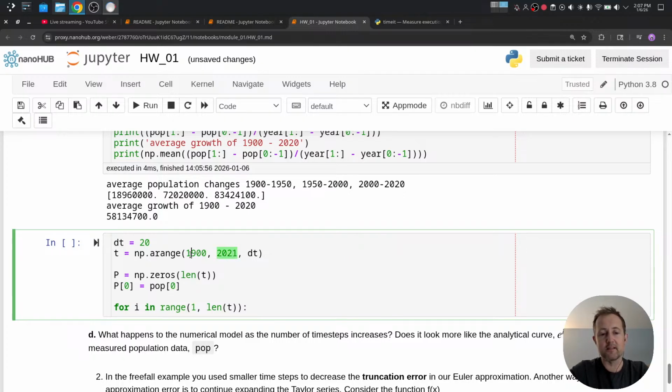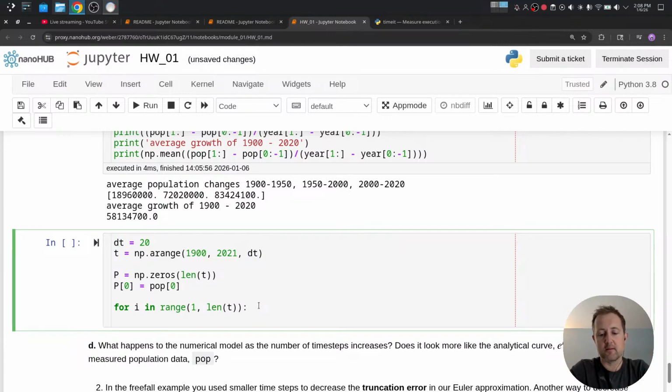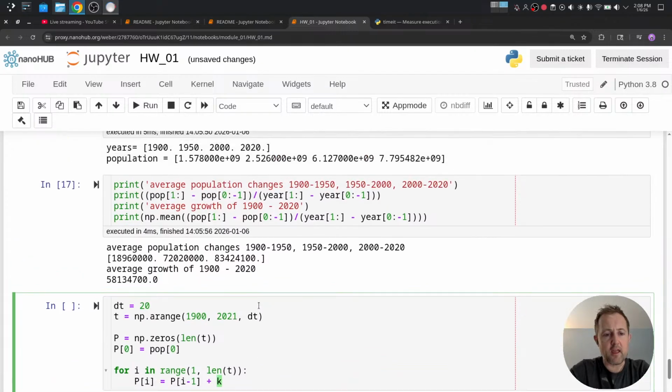The inputs for a range, and this also works for indexing, are start, stop, step size. So I'm starting at 1900, going to 2021, but not including that. So it's stopping there, but it's not including that number. And then it's taking steps of dt, which is 20. All right, now I'm going to say p of i is equal to p of i minus 1 plus that k,